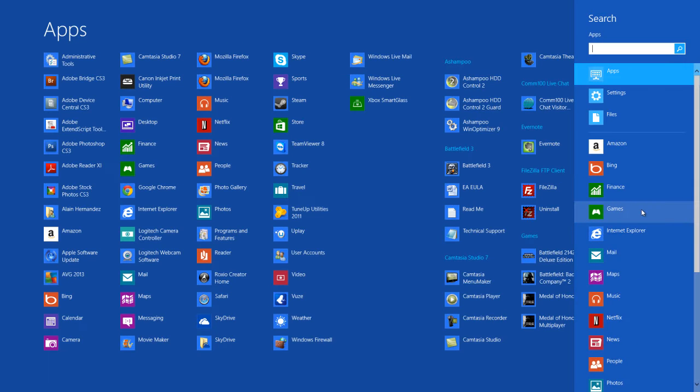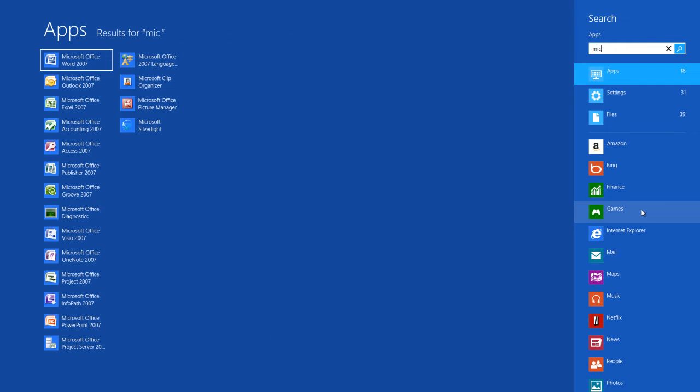Once this is open, you're going to see basically that it's going to search through apps, settings, files, and the list goes on. All you will have to do is simply type whatever you're looking for, and then Windows will quickly find it for you. Let me give you a great example. I'm going to look for a Microsoft program. So all I have to do is go like this: Microsoft,